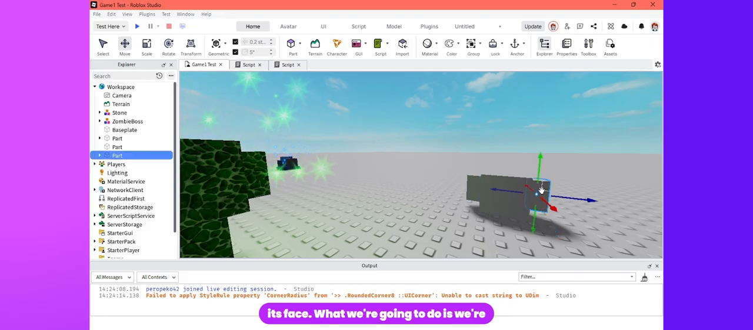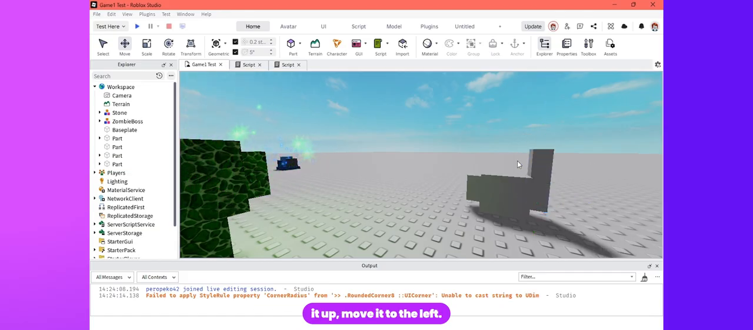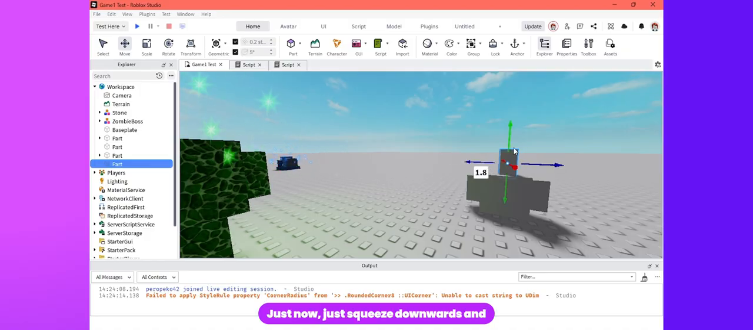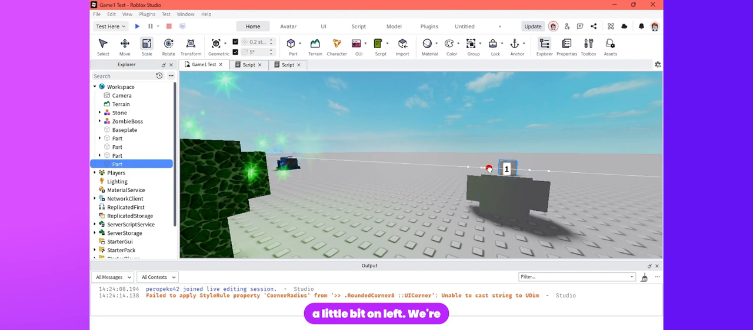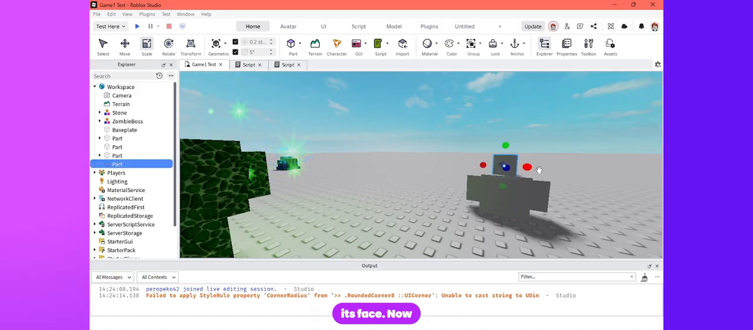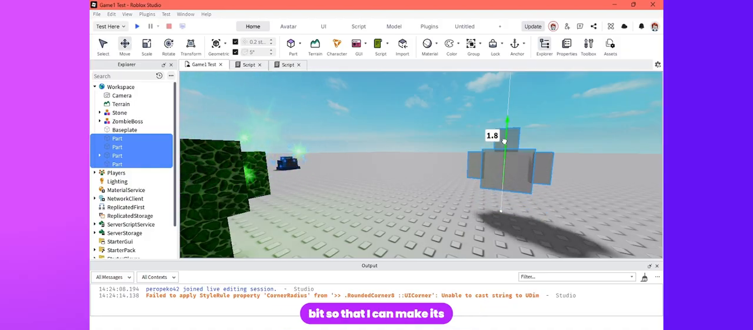What we're gonna do is duplicate the same thing, bring it up, move it to the left, and just squeeze downwards and a little bit on the left. We're gonna increase its width, a little bit of increase in height, and there you go, you have its face. Now I'm gonna select the whole thing and move it upwards just a bit